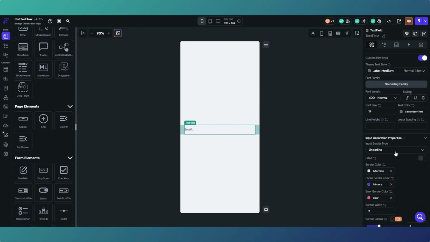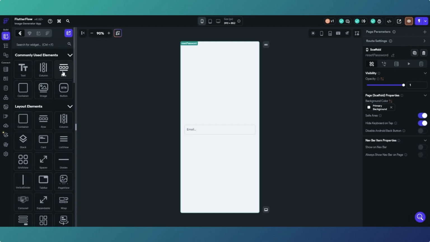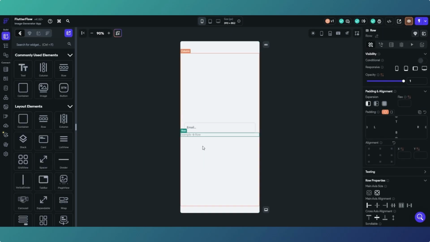And then scroll down to the bottom, we've got the decoration properties. We want an outline border, and the border color we'll leave as alternate, so it's just like a very slightly different grey. And then if we go back to the top, we want to add a row,